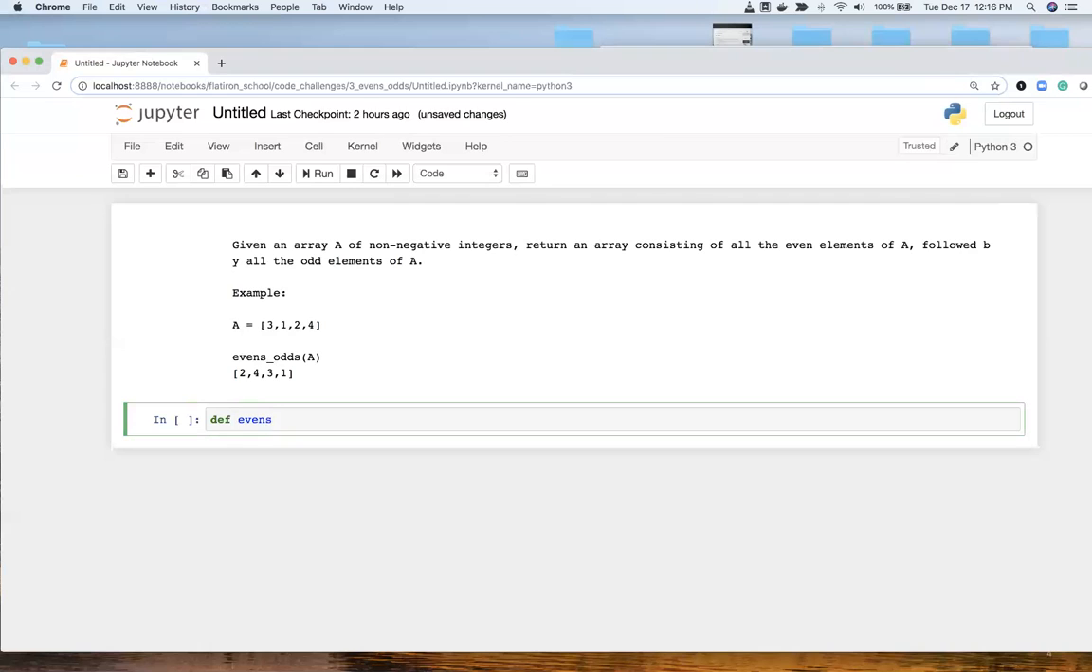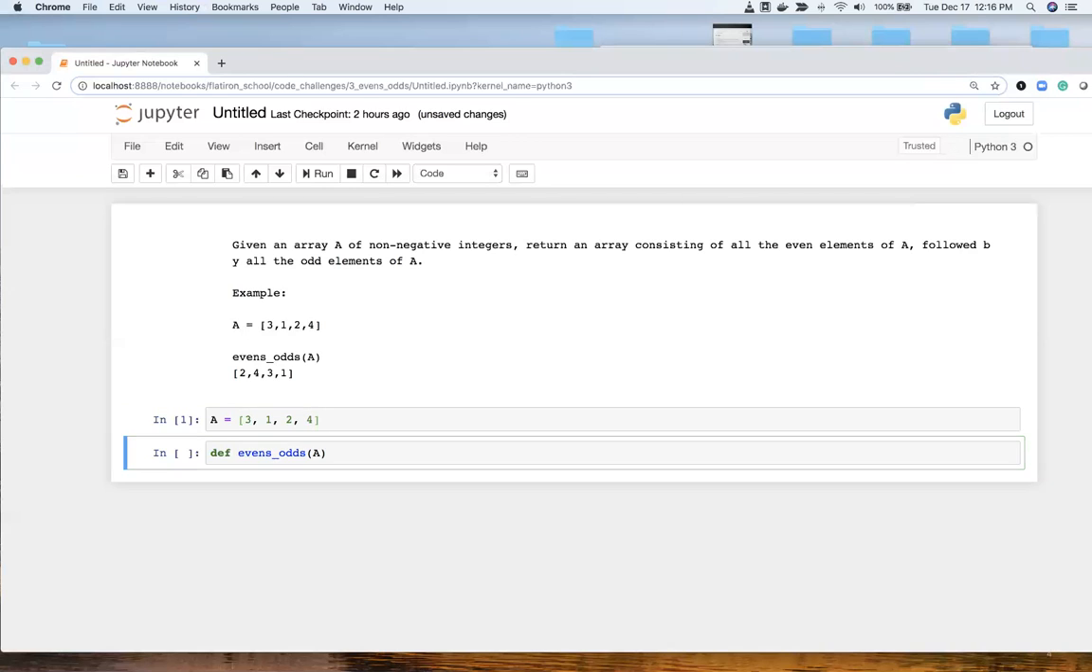So I want to show multiple ways to do this. Evens, odds, and then an array that takes in A. A is going to be 3, 1, 2, and 4. So,